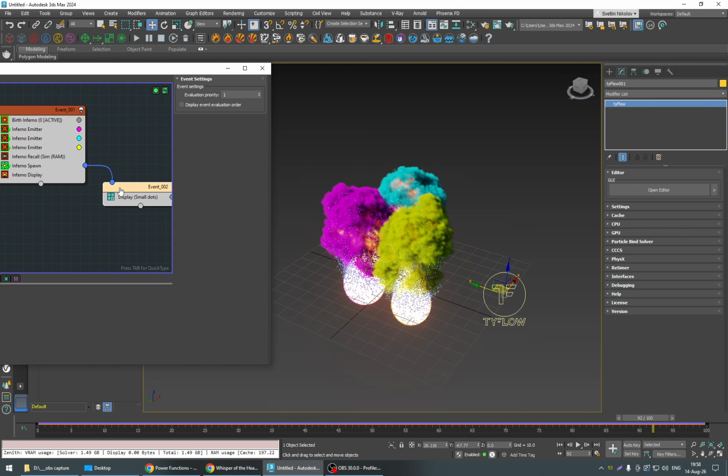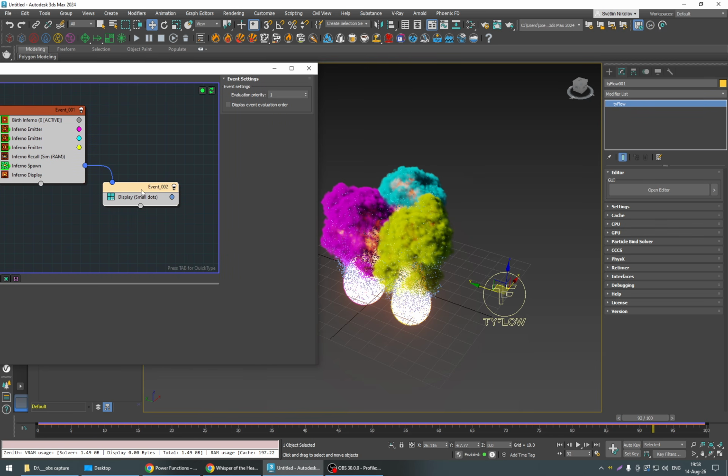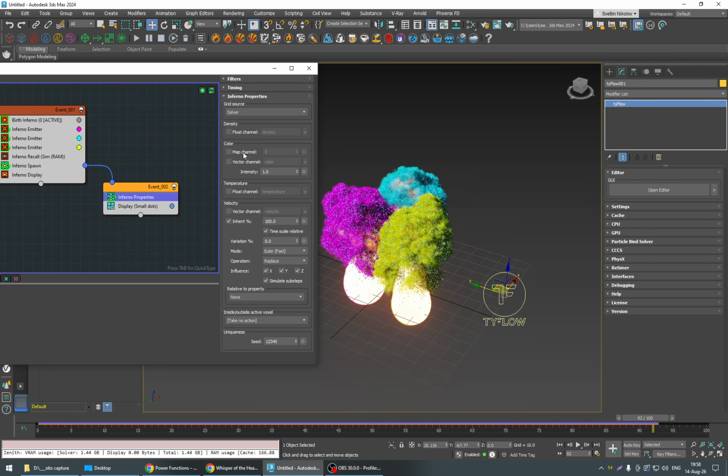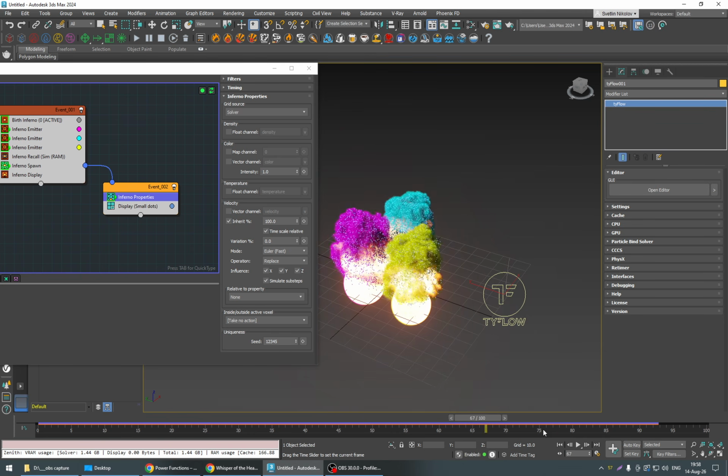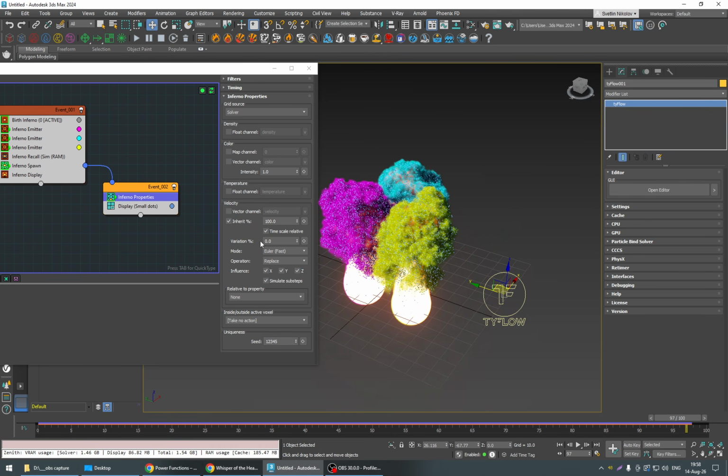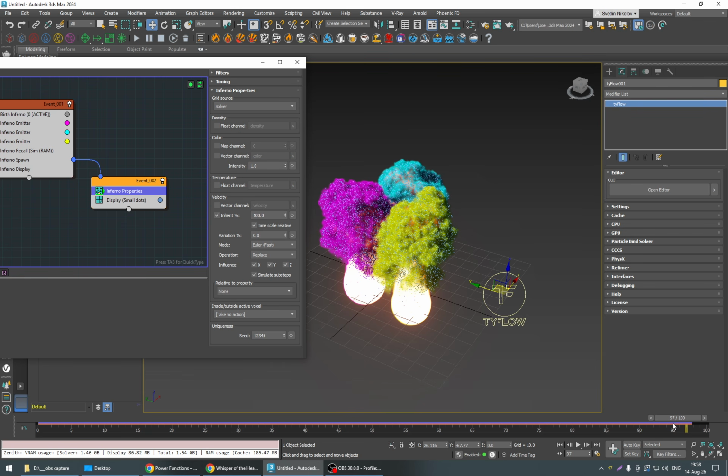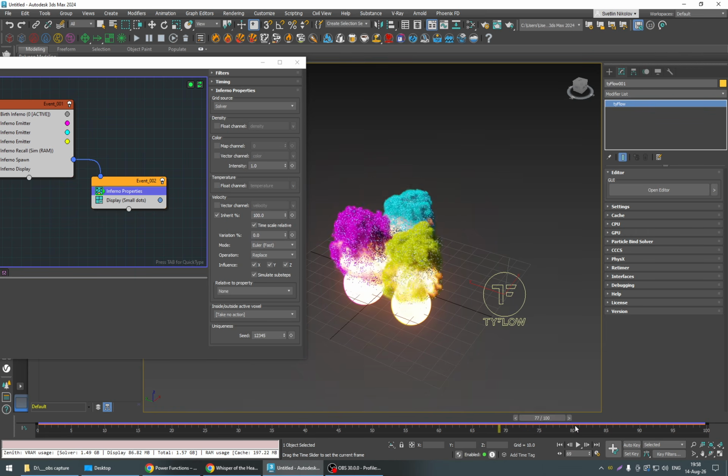In order to make them move, I'm gonna add Inferno properties like this. And then they are gonna start inheriting the velocity automatically just by following the default values. They're gonna start following the velocity of the